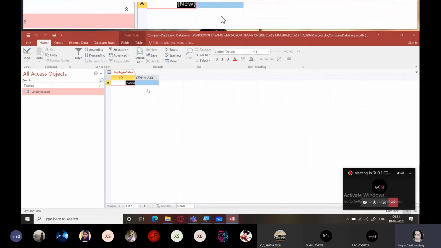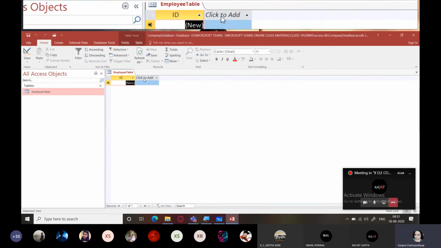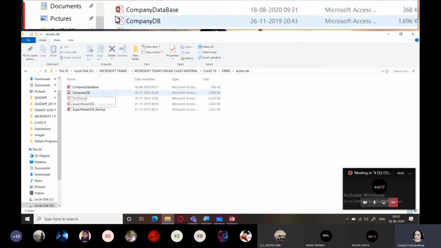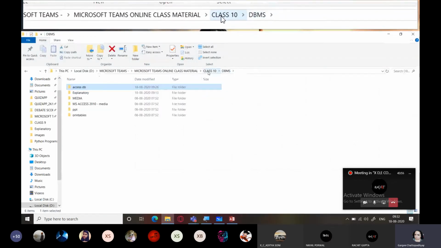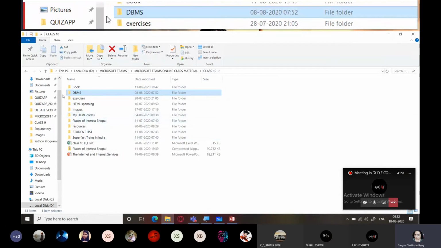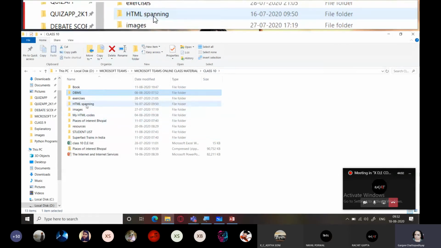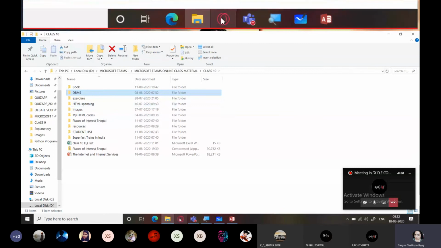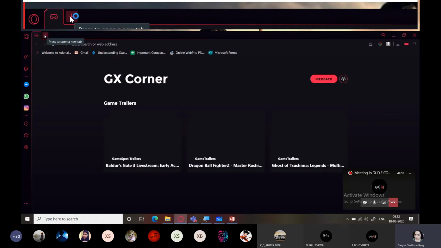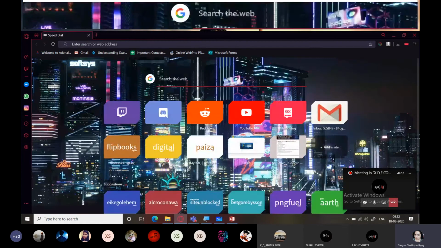Let us switch back to datasheet view, and here we need to click to add what fields, right? So we are going to create an employee table, and let me just search for an employee table first. Wait a second, I'll just open a table. I think I had already. Let us search for some employee table and create that, because I need to show you how to work with actual data.